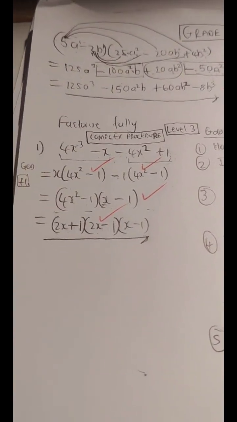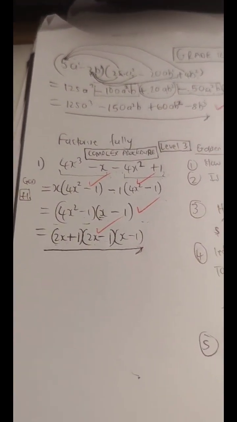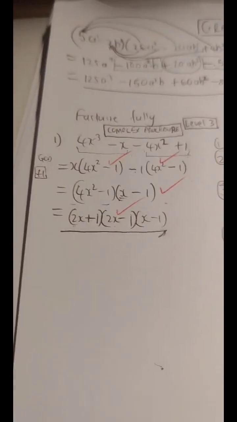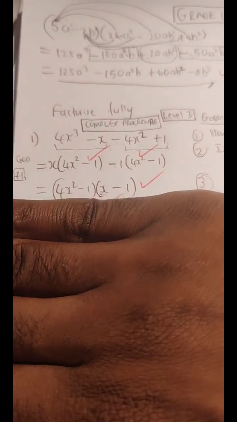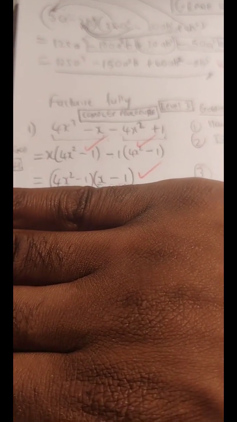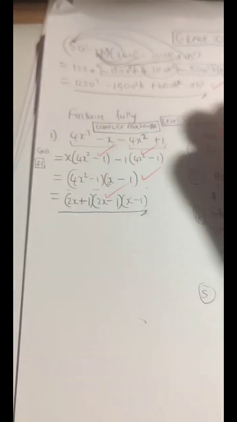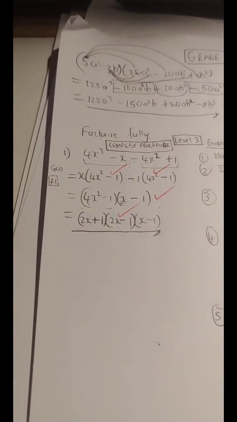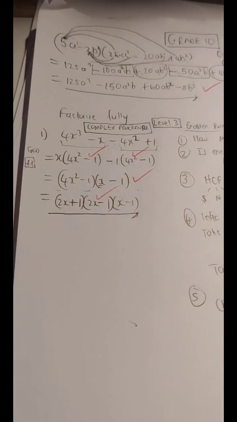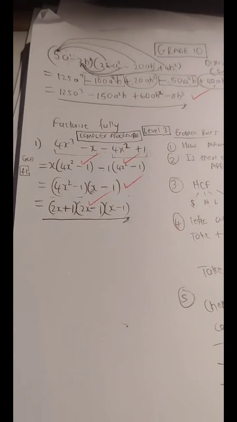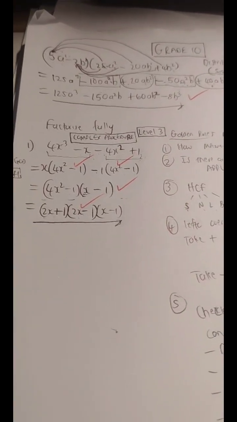Isn't that beautiful? I think you know that's beautiful, and what a nice feeling to get all the marks. But what a sad feeling to maybe not get that last and final mark because you ended right there. So please, guys, when we do factorization, let's always check at the end, is there anything more that can be done, so that we do not lose any marks that are due to us. Does that make sense? Guys, I hope it makes sense.